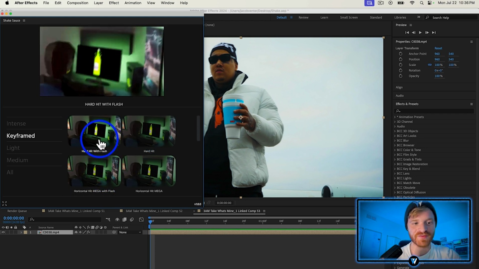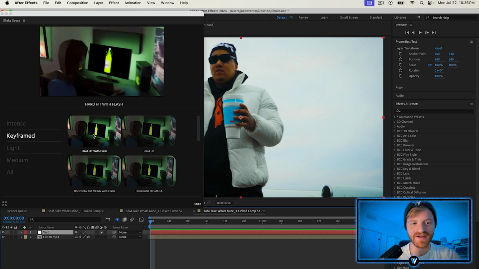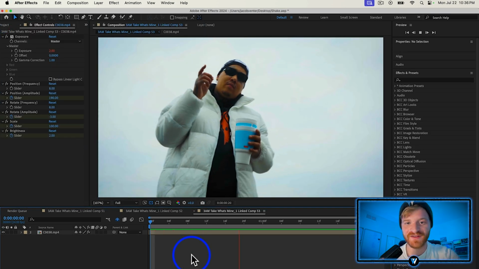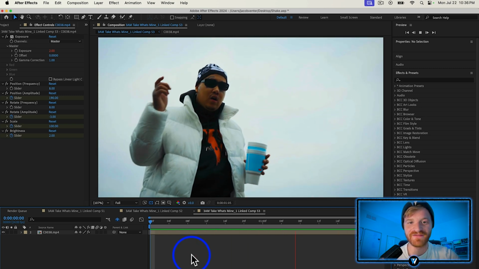This hard hit with flash is pretty intense. Let's give it a shot. I'm going to double click on hard hit with flash. I'm going to click out of Shake Sauce. And now when we play this back, you can see it gives us a nice shake and flash at the